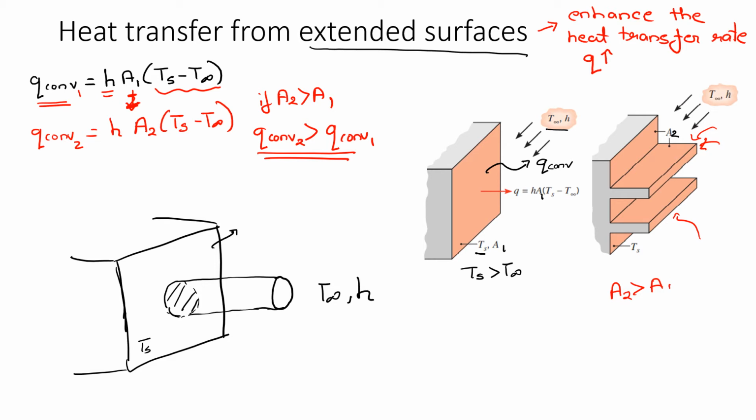This surface, which is usually called the base of the fin, has an area AB, and let's say the fluid is flowing this way. So let's say that QF is the heat transfer rate at the base of the solid where conduction is happening. So in this particular scenario, say we have steady state. So in steady state,